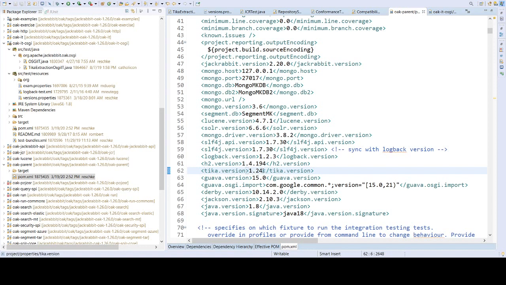And that would pull in this Maven property so that all the versions within Apache Jackrabbit Oak are going to be the same version of Tika. This makes upgrading a lot easier too. So not only are the subprojects getting the same version, I now have one place where I can do this upgrade. So Tika recently released a